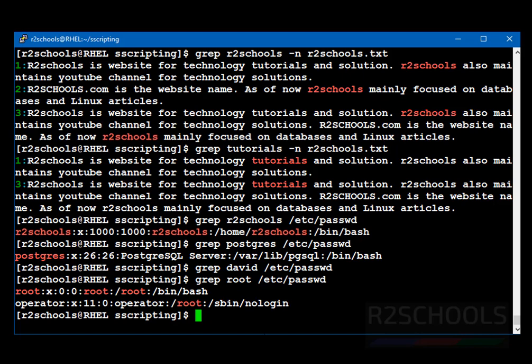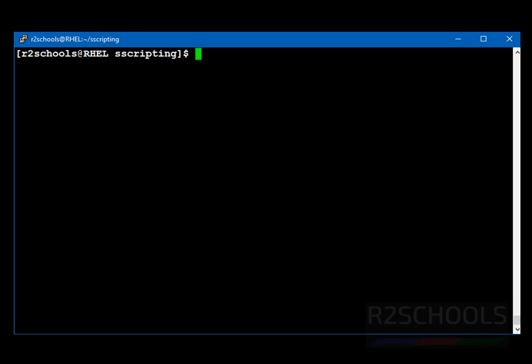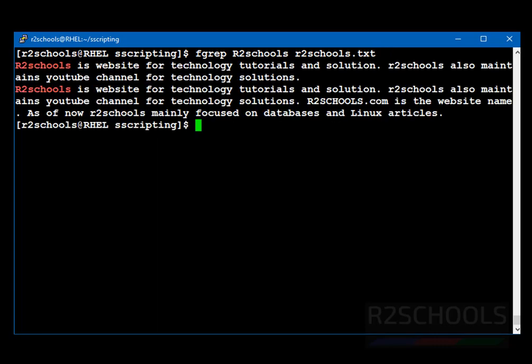Now next example is to check the fixed pattern. We can find the fixed pattern by using fgrep. Fgrep R2schools from the file r2schools.txt. See, it's present in 2 lines.